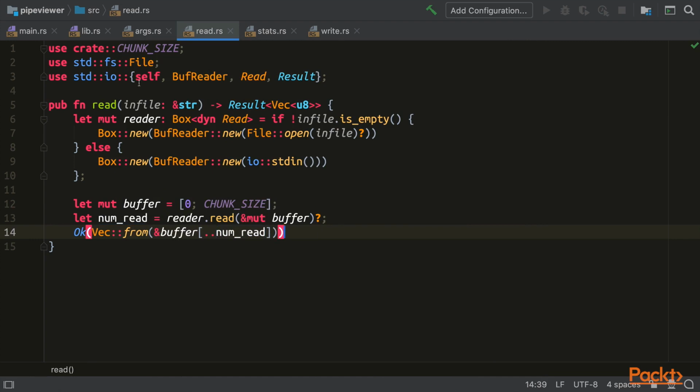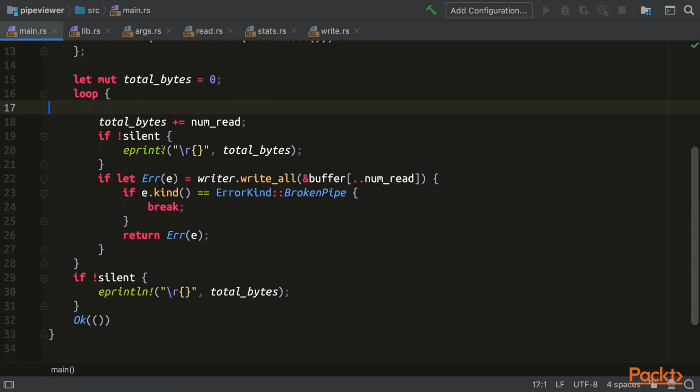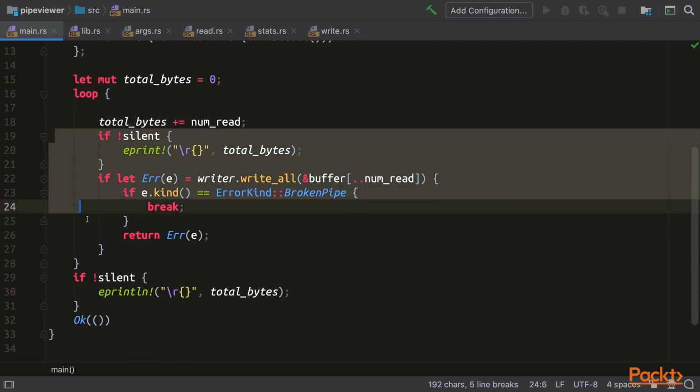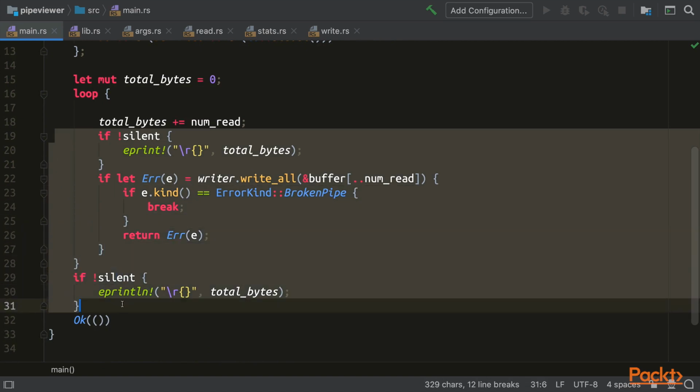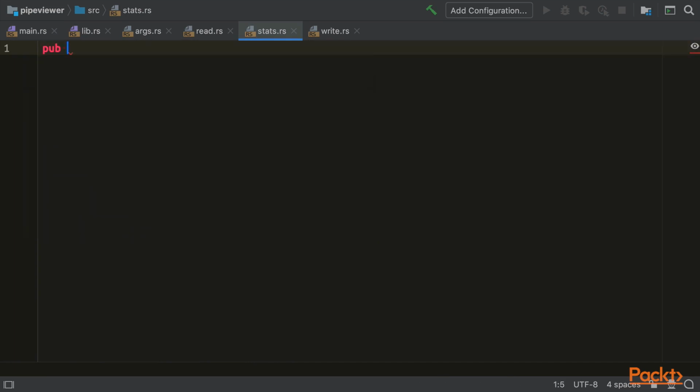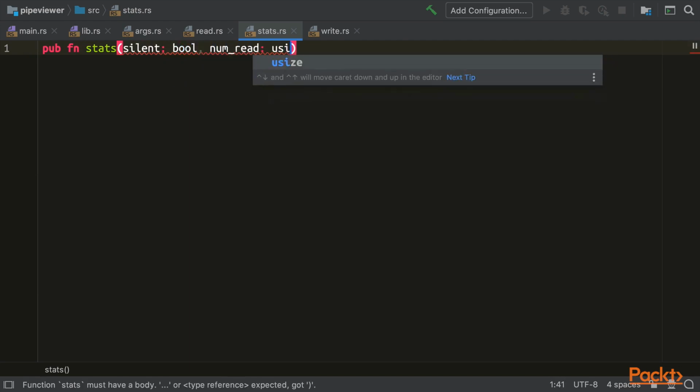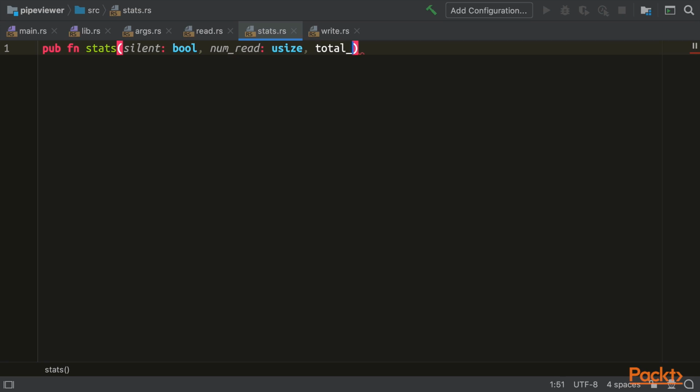So let's go work on our stats module. First, let's go to main and grab everything that has stats output in it somewhere. We'll just copy the whole thing. And then let's go over to the stats module and put it in a function. Let's call it stats. What are we going to need? We're going to need silent, which is a Boolean. We're going to need num_read, which is a usize. And then we're going to need the total bytes. Now this needs to be a mutable reference to some total bytes outside of the function. And then last, we need a Boolean to indicate whether this is the very last statistics output when we need